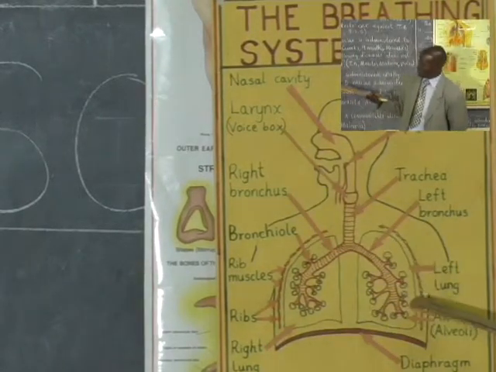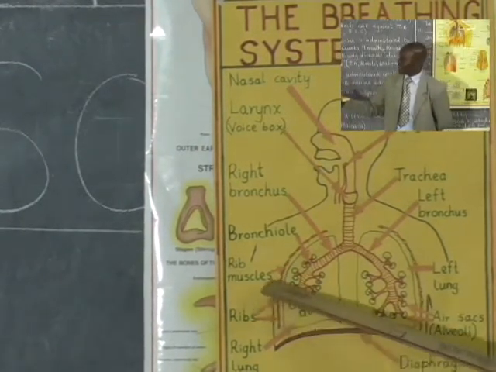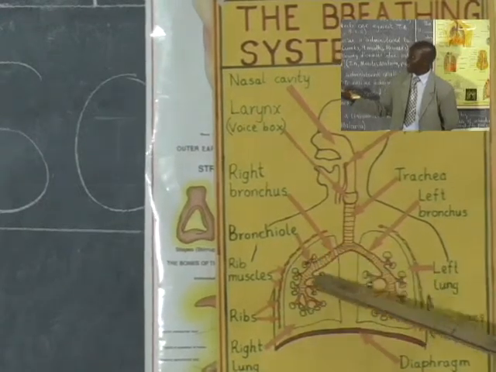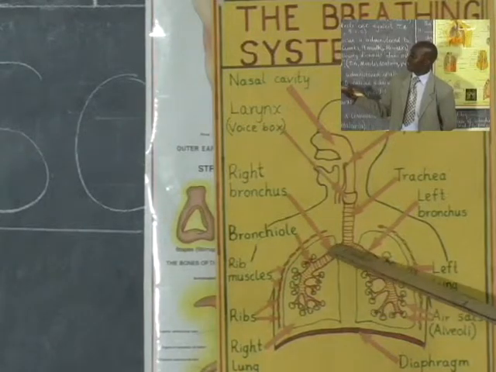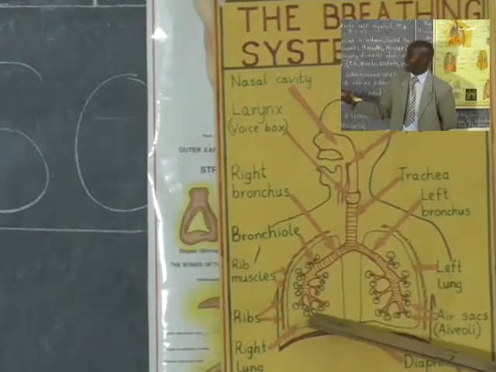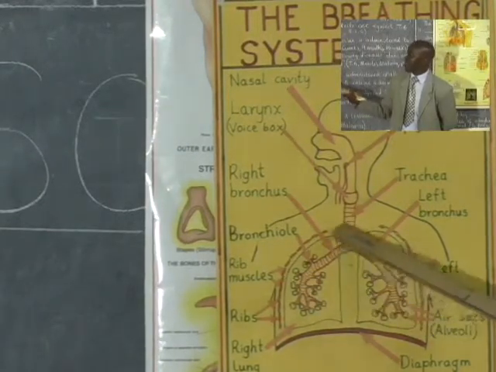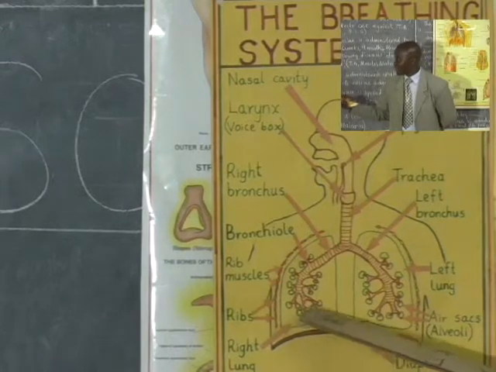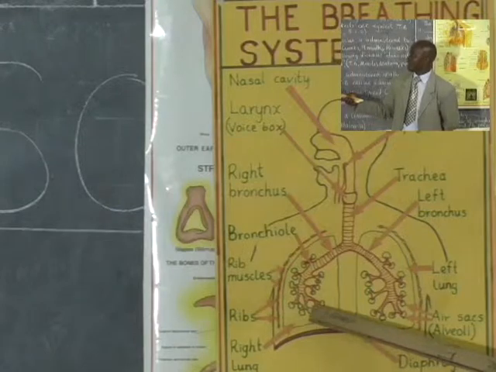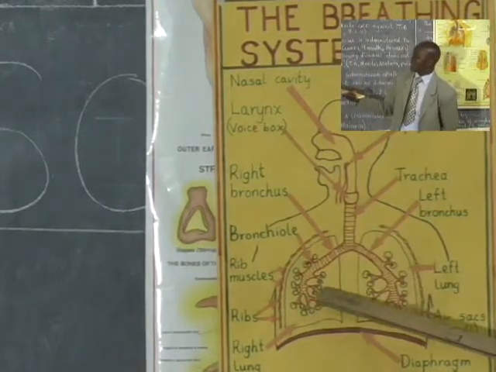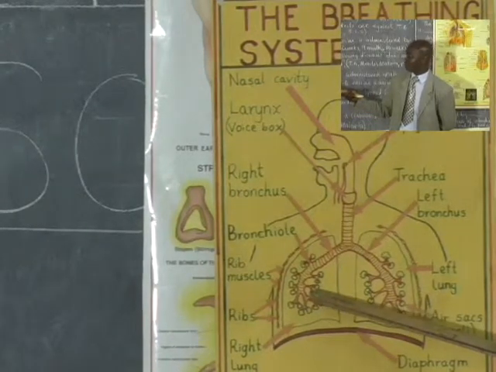Then, as you can see in our diagram, we also have the left lung and the right lung. The lungs in this case are accommodating sacs. They only accommodate the air sacs, meaning the air sacs have to be in a bag. So when we breathe in, the bag gets bigger. That is the lungs. When we breathe out, then the content here is deflated. Then the bag becomes small.